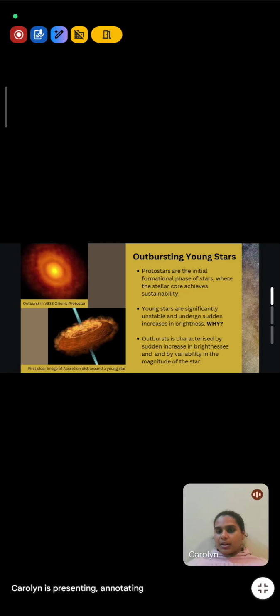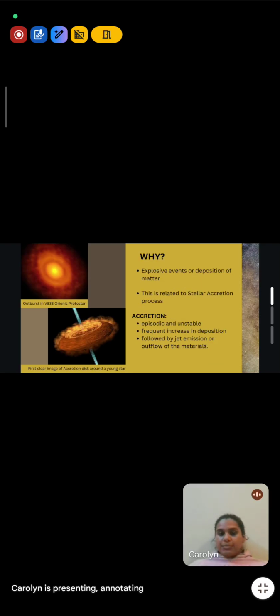So those are the major reasons why the accretion disk would be posing the young stars to be very unstable, and there are a lot of sudden brightness and fluctuations in luminosity taking place for young stars. So the prime reasons are, this is called the stellar